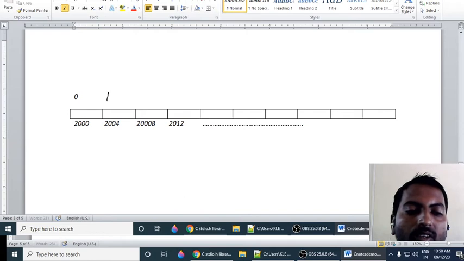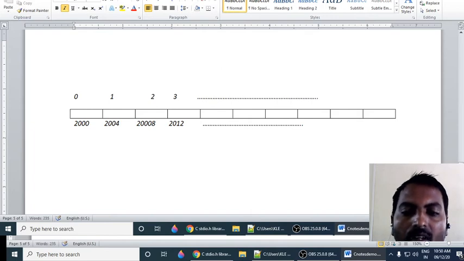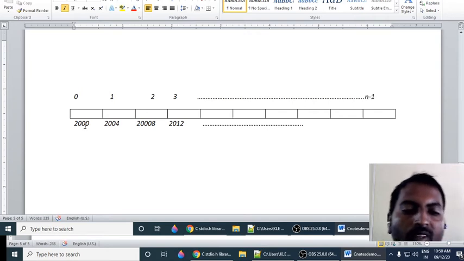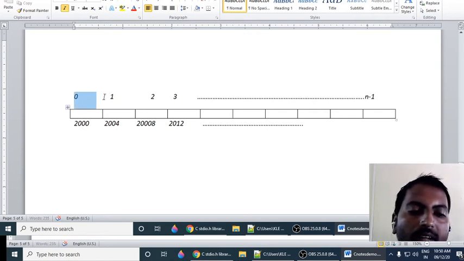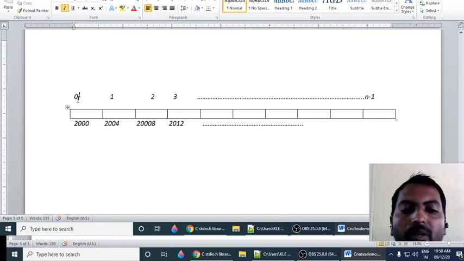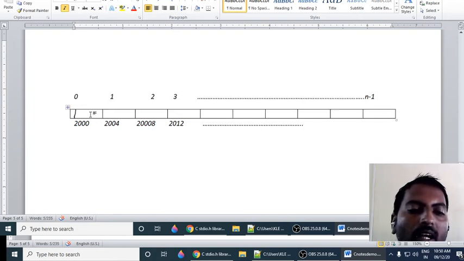This is the 0th position, this is the first position, this is the second position, and this is the third position, like this. If you declared an array variable with size n, then the last one will be n minus 1. So it is indexed. This is an index, because if you want to identify a location, we need an index. That is a numbering 0 to n minus 1. That's why it is an indexed collection of elements.